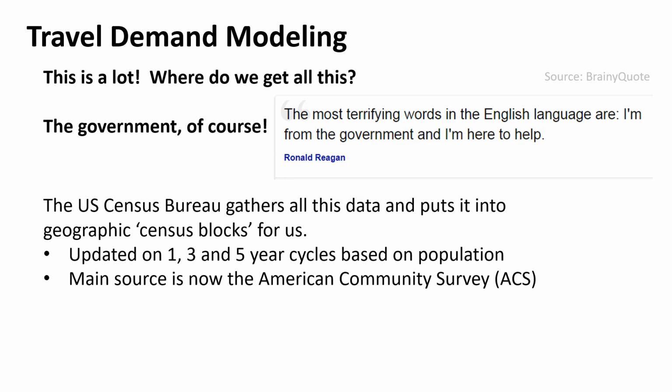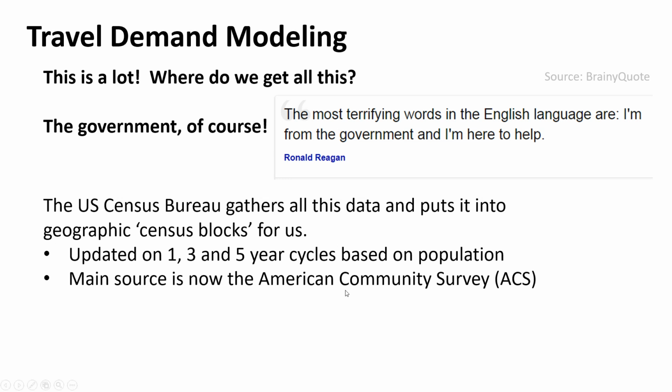And not everybody gets that, right? So they're going to take a sample size. They're going to send out this survey, and it has a lot more questions related to transportation and movement, right? And where do you work, and how many days a week do you go there, and how many cars do you own? Do you take transit, and so forth? We get a lot better data for our modeling piece out of this American Community Survey. And again, it's updated intermittently. The real good population data we get once every 10 years.